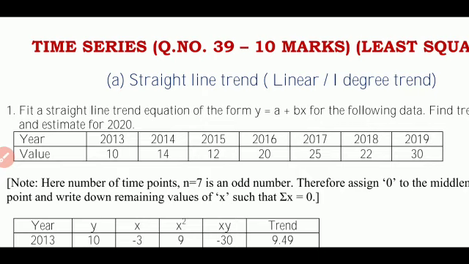From the examination point of view, you will be getting a question on moving averages, 5 marks. And least squares method, you may get a 5-mark question and sometimes it can become even a 10-mark question. It depends on the data. If the data is too large, most of the time the parabolic type is a 10-mark question. We have already solved an example on the same. Today we will solve one more example on the same and see how to become perfect or make things more simpler and easier. Now what is the question here?